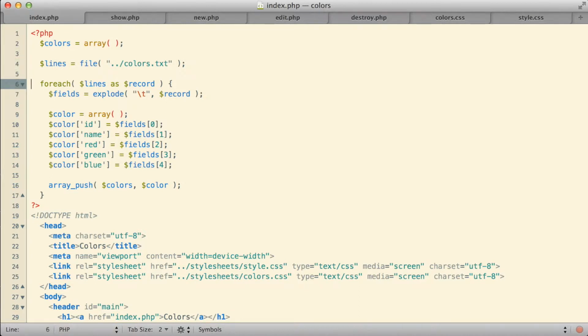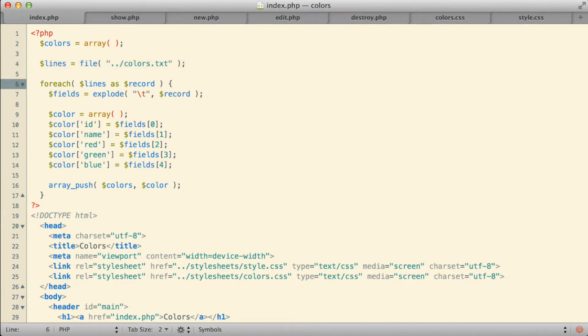The control structures themselves aren't nested nearly as deeply. We don't have ifs inside whiles and that sort of thing. Really, the only control structure I have doing it this way is this big foreach loop that goes through all the lines read from the file. I appreciate the simplicity of the file function itself in that I don't have to open with a mode. It's automatically read when you use file. I don't have to worry about remembering to close the file again. I think the whole thing is just a little bit easier. But of course this wouldn't be possible if we didn't have this explode function. If we didn't have explode to parse our input lines based on the tab like we were doing previously with fgetcsv, then this file function wouldn't be a whole lot of use to me, not in this particular kind of situation anyway.